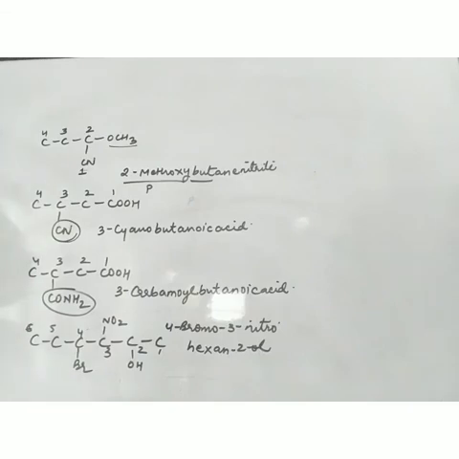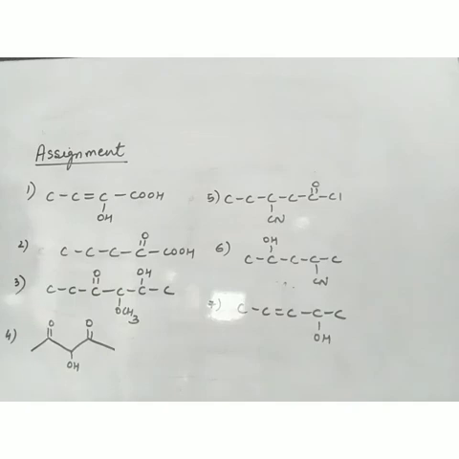This is how we can write the names for polyfunctional compounds. Now these are a few assignment questions. Try to solve these. These are polyfunctional compounds. Keep the rules in your mind before writing the names of these compounds. Use the proper format: prefix, word root, primary suffix and secondary suffix. Prefixes can be more than one. Word root is always one, primary suffix is one and secondary suffix is one. So this is all about the nomenclature of polyfunctional compounds. In the next video, we'll discuss the nomenclature of cyclic compounds and aromatic, that is benzenoid, compounds.